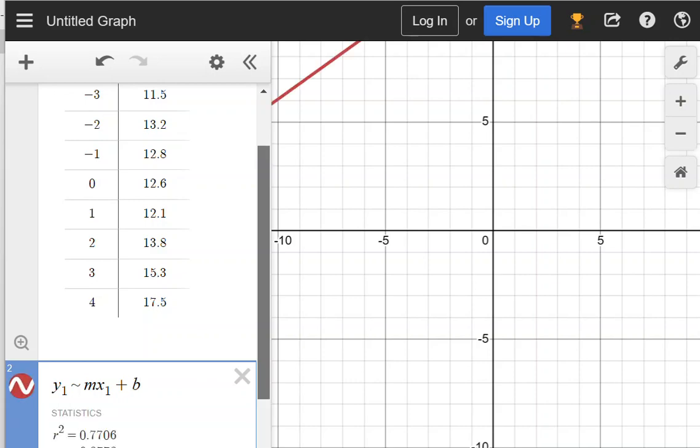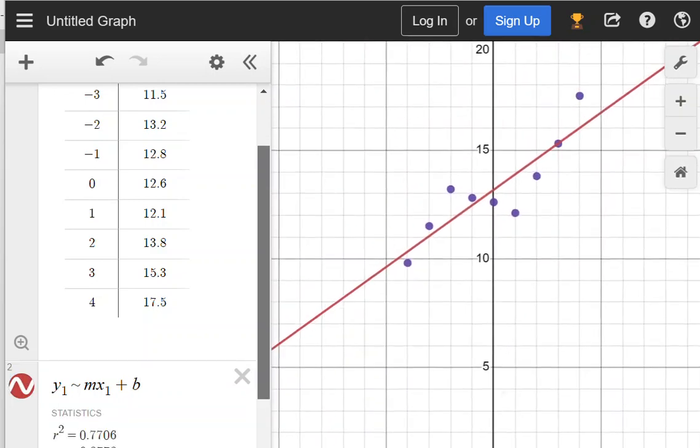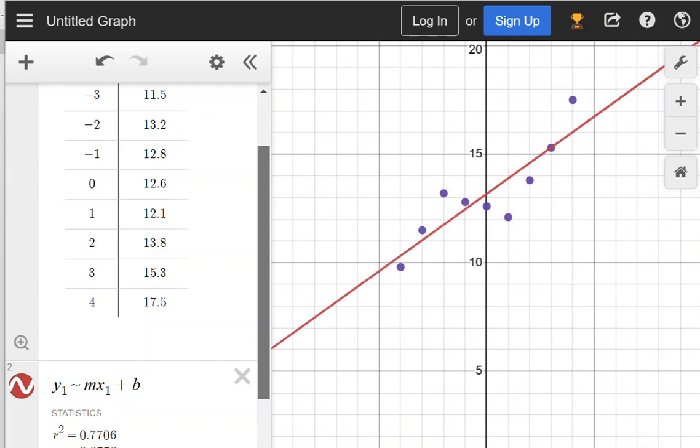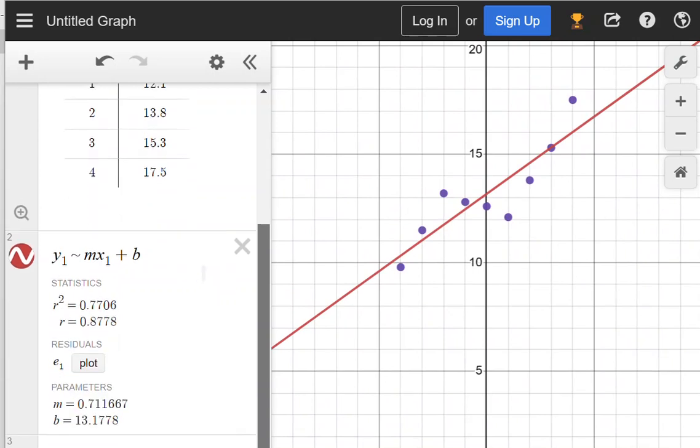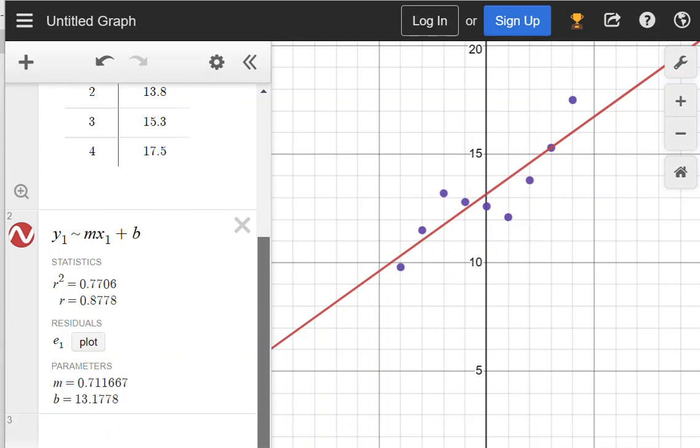You see? If you can see the graph, this is how the graph looks like. This is the trend line we are having. Now the values we need are down here. You can see m equals 0.711667 and b is 13.1778. Now m is the same as the gradient or the slope, and b is the y-intercept.